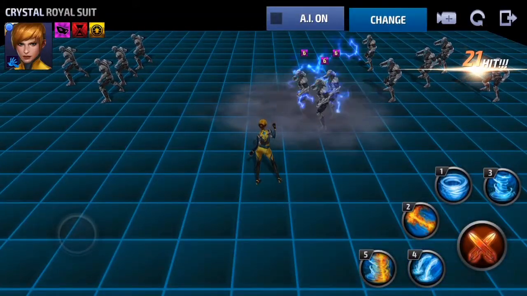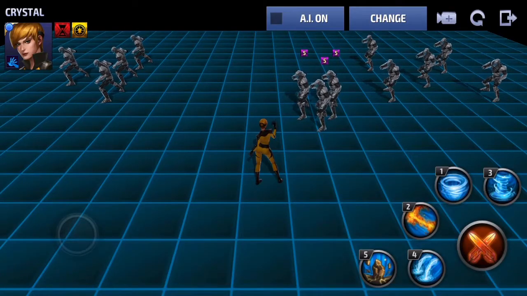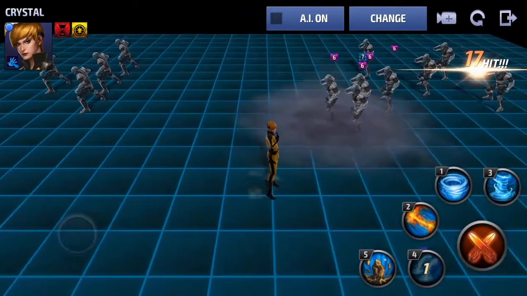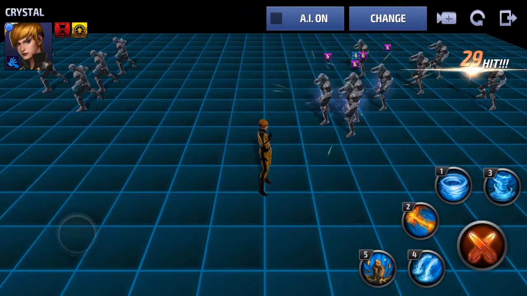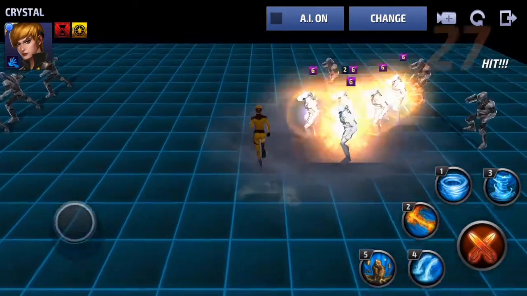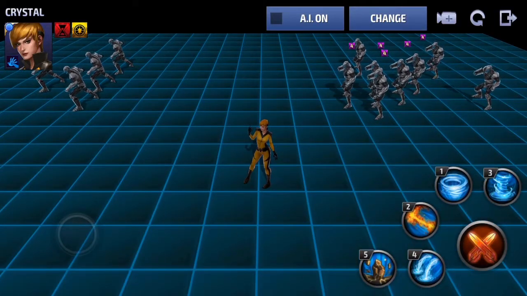So I went back to her original non-uniform state, and they actually did change the animation. As you can see, use her fourth skill, and there's no lightning in the air or anything. It's just all on the ground. So something a little different, but definitely her animations are really cool with the uniform,